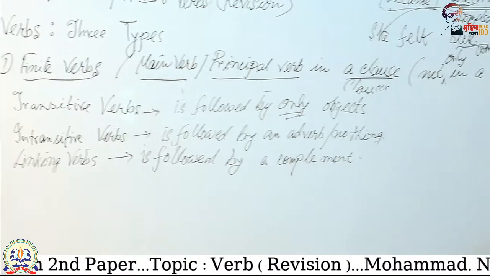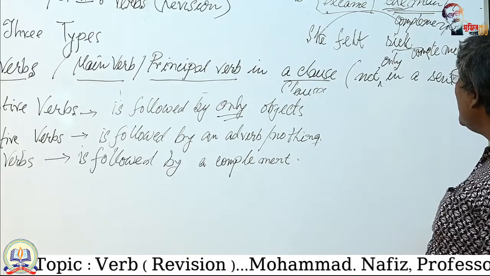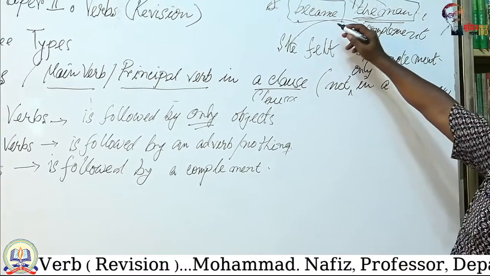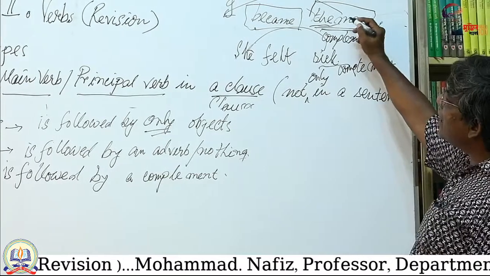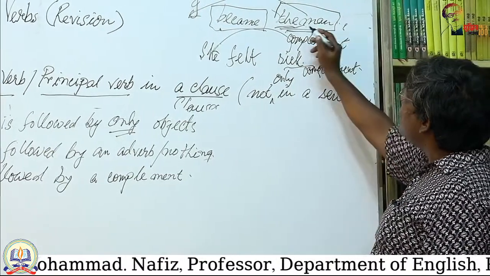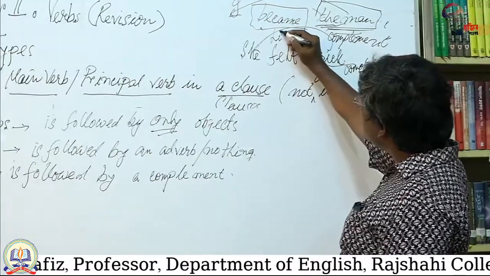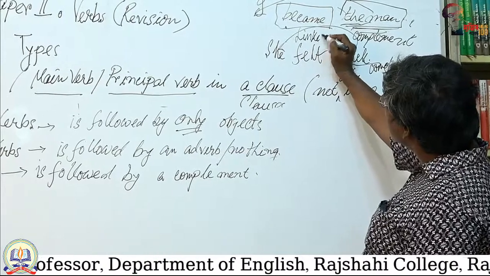A linking verb is followed by a complement. As I showed you, I became the man in this sentence. The man qualifies subject I. The man is a complement, therefore became is a linking verb,